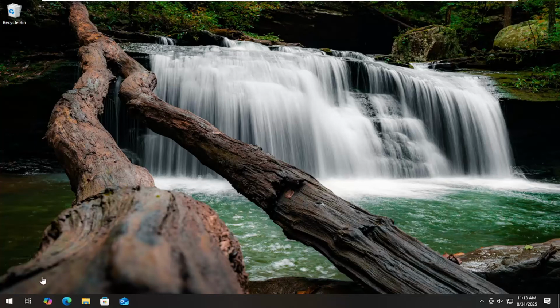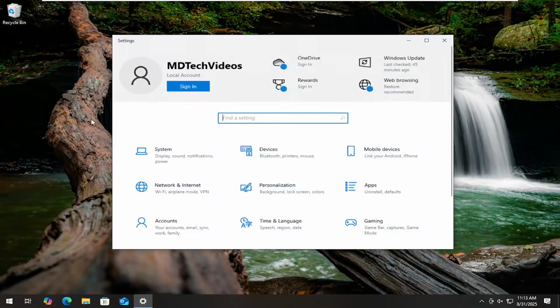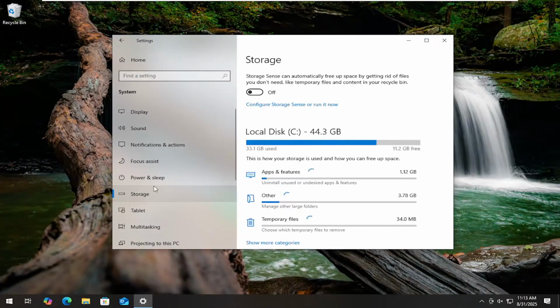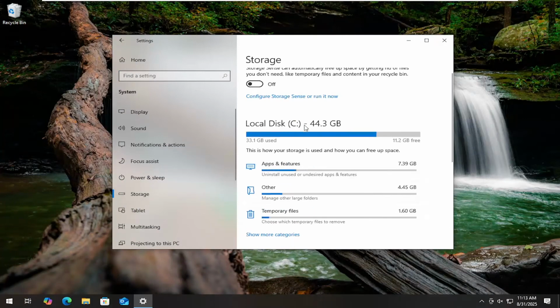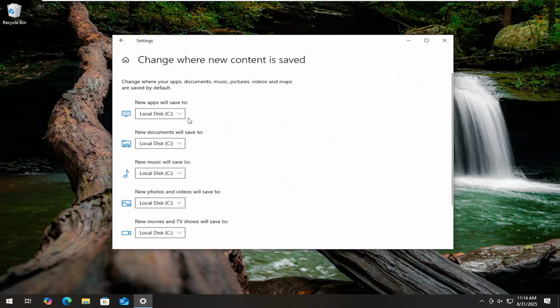So all you have to do is open up your search menu and type in settings. Best result, settings. Go ahead and open that up. Select the system tile and then select storage on the left panel here. Then on the right side, there should be something that says change where new content is saved underneath more storage settings. You might have to scroll down a little bit. Select that,